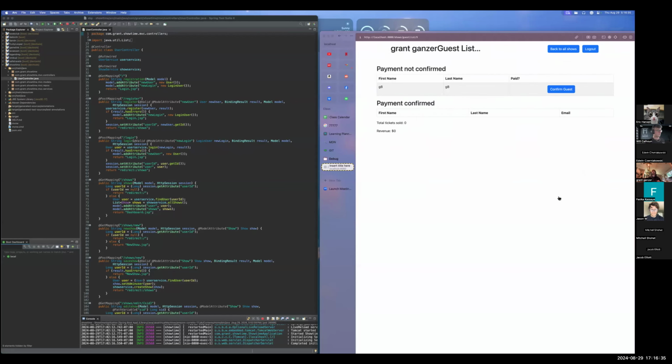open it up, they can click on the guest list, and that'll take them to a route that's only accessible by the listing user, where they can see a guest list of all of the users that have RSVP'd, but the payment has not been confirmed yet. So as the artist, I would see this page and I'd say, oh, okay, G8 wants to come to my show. They said that they sent their door fees. I'm going to go check my PayPal and make sure that I got that payment. And if I did, I would confirm the guest, and it'll populate them in the confirmed payment